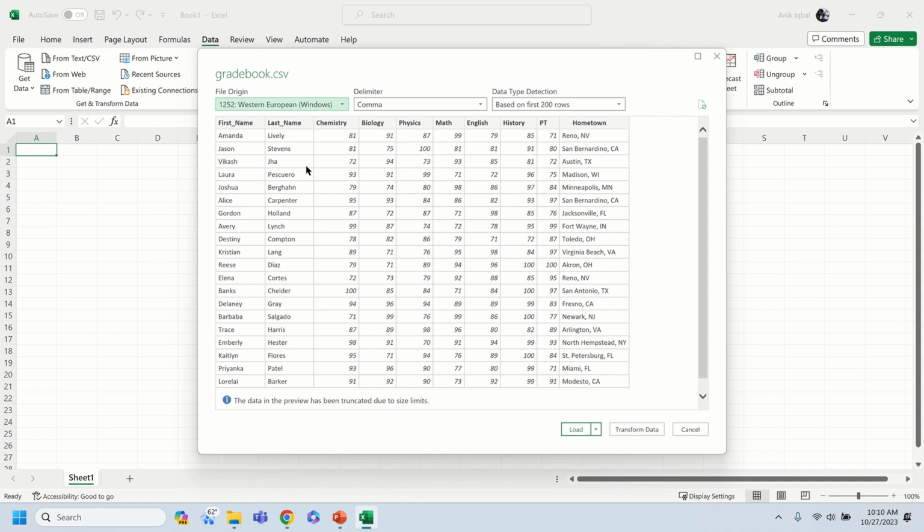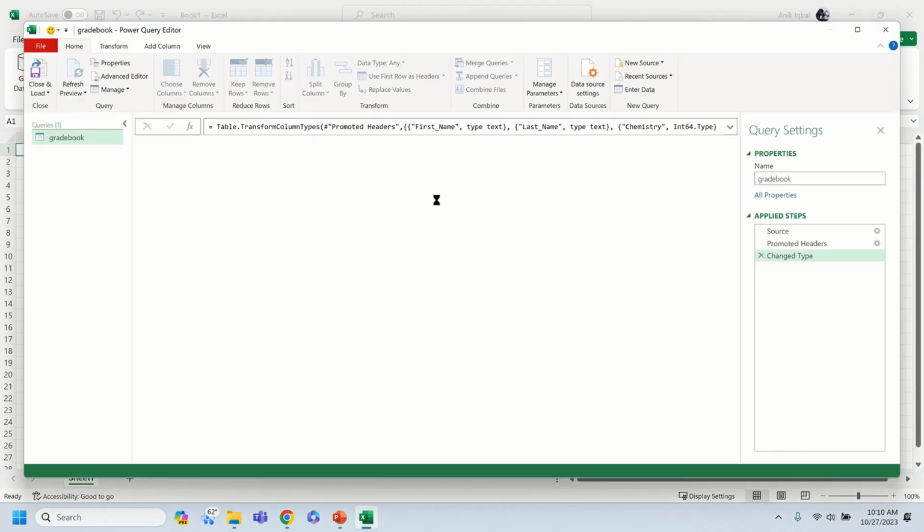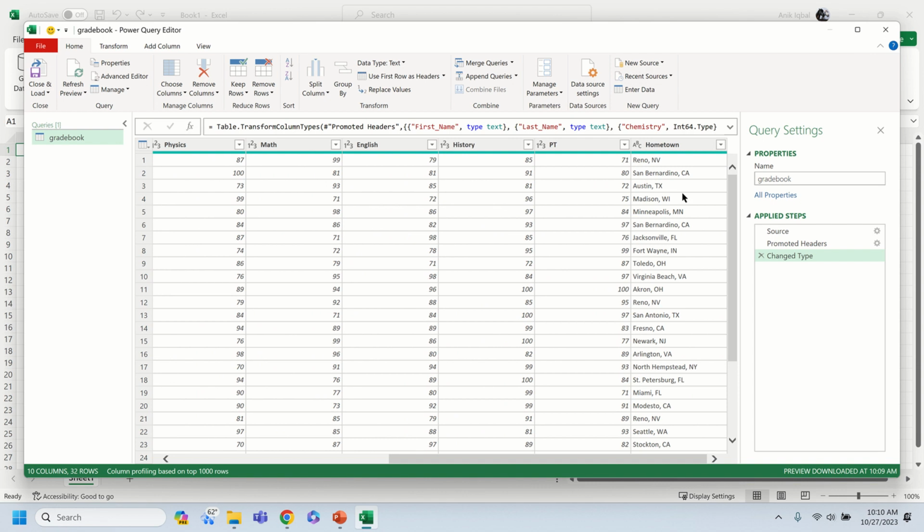But sometimes the data might be unclean. It might not be what you want it to be. You might want to pre-process the data, transform the data in some way before importing it. In that case, you'll have to click transform data. I'm doing that to give you an example of what are the things that you can do with this data before importing it. For example, I could want to split this hometown column into two columns, namely the city and